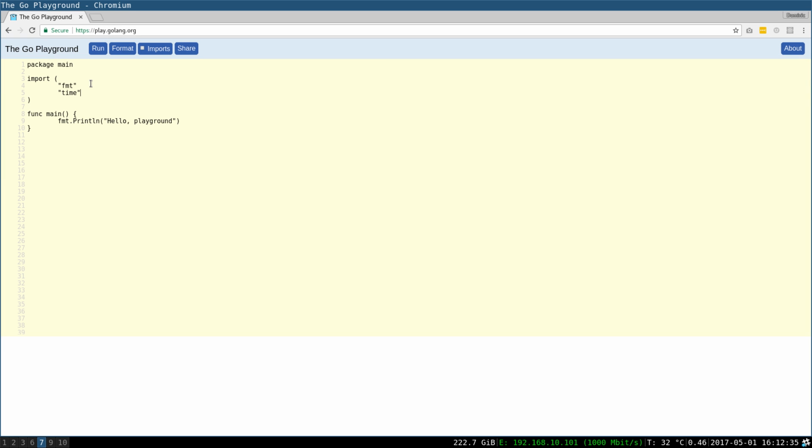Let's say you want to see how to print the current time. You can go there and call time.Now. Now is a function of the time package, and this is what you would get.